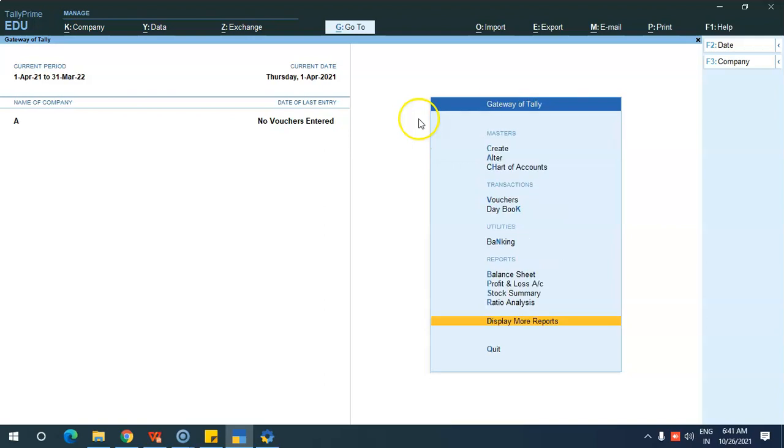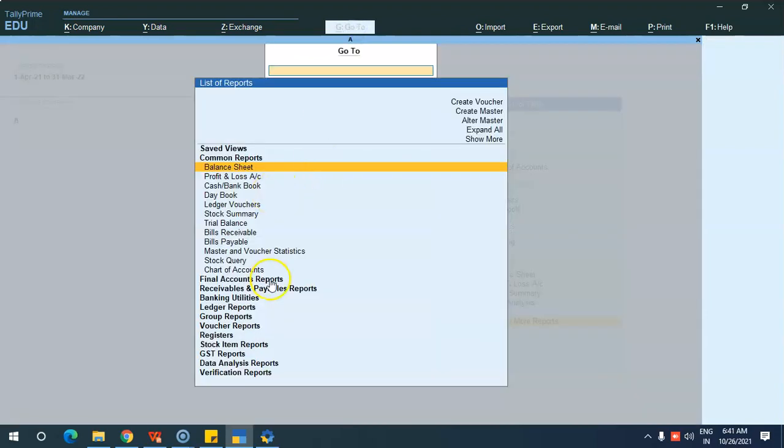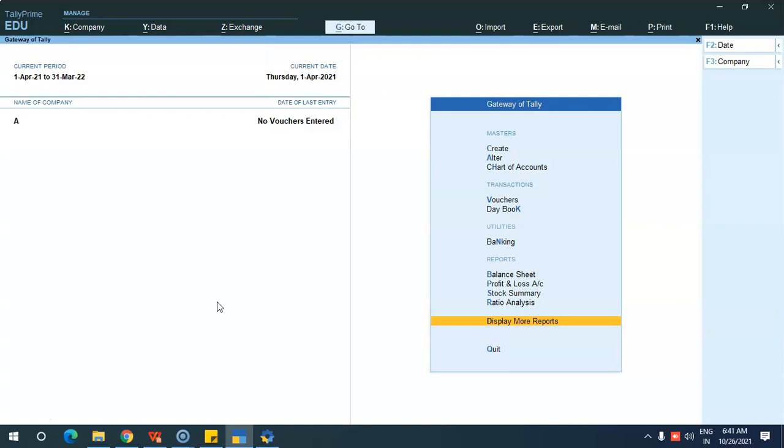But here there is a go to option, which is very advantageous for users of Tally Prime. From here itself you can view all the reports available. See here, all the reports are available over here. You can directly view the reports from the very first home screen. And then here you have the gateway of Tally.